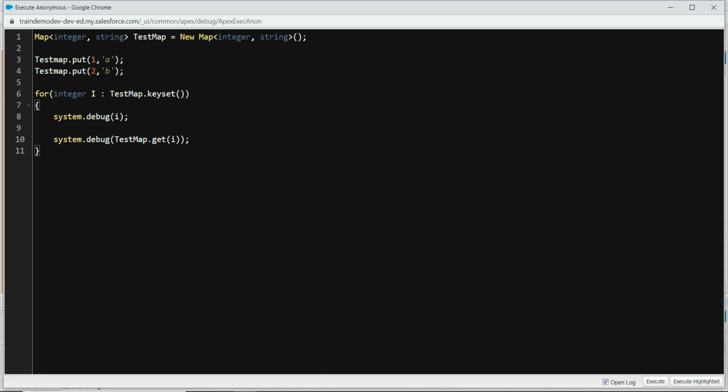For int i kind of stuff, right? So that's why these loops are powerful for collections. So this is how we can use loops for maps, and maps are often used in Apex programming. You will encounter a scenario where you have to use maps, okay? So you have to know how to use maps. That's one of the reasons why I am demonstrating how to use maps